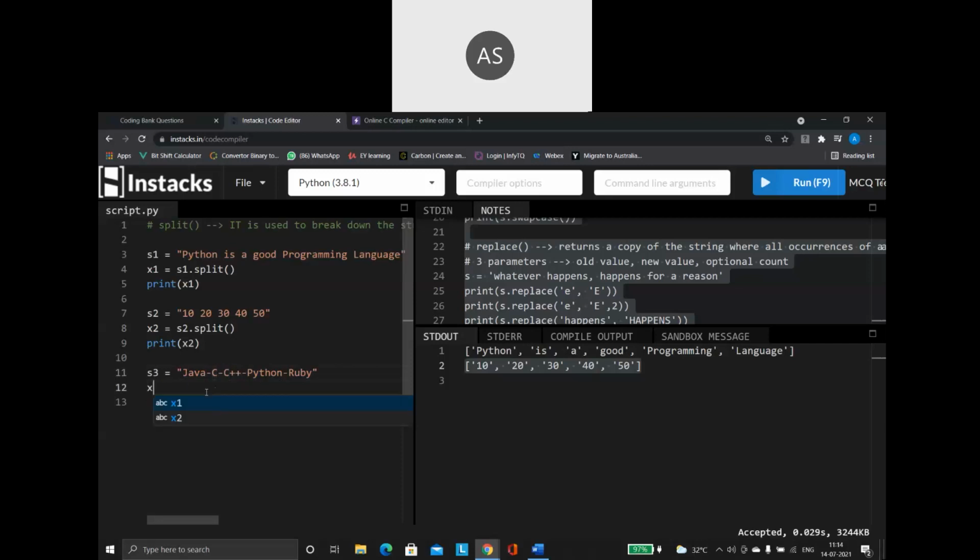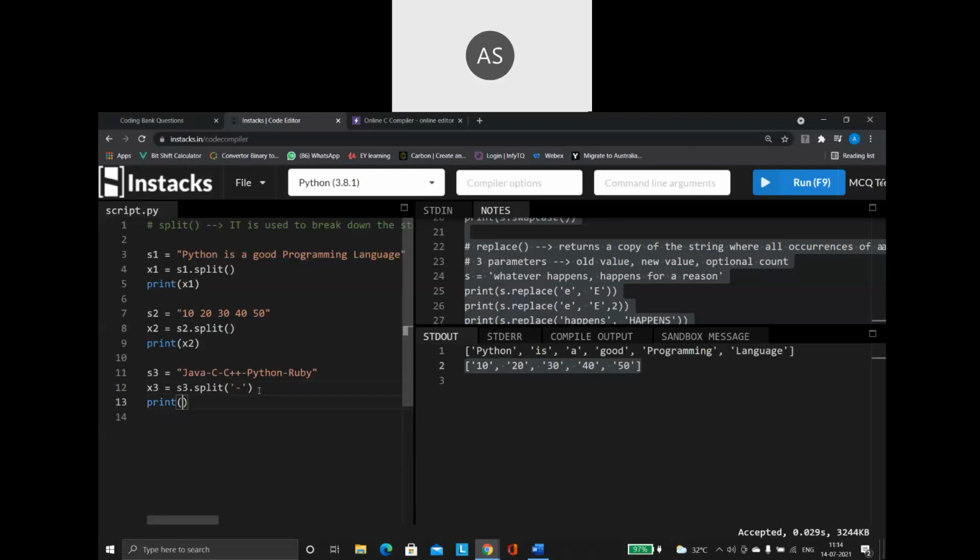I am going to say variable is equal to string dot split off. Here inside you have to pass the separator. You have to pass what is going to be my separator.